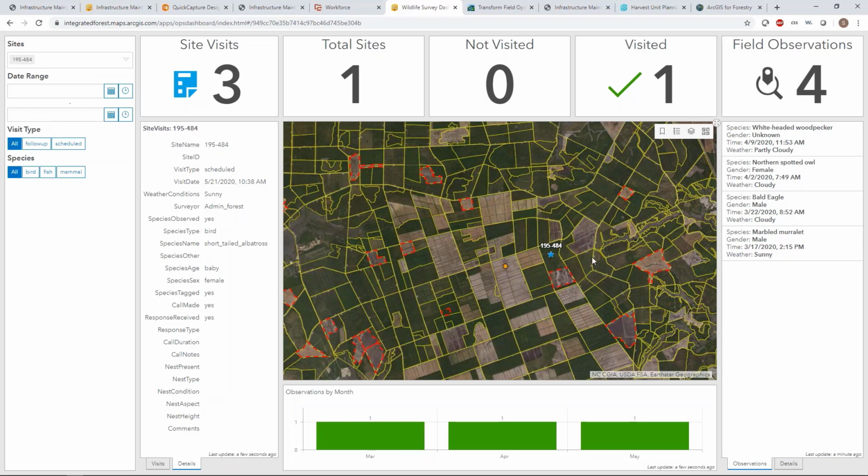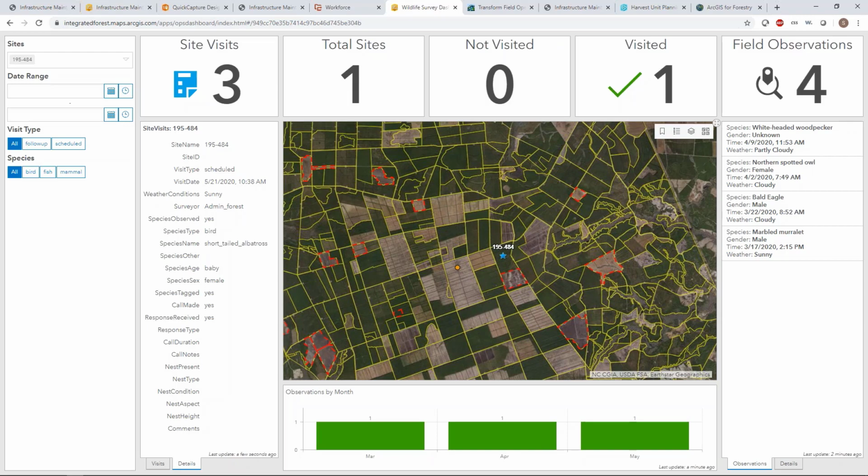What we can also do is layer in or overlay our harvest planning data. So all of these red squares here represent maybe current or active harvest plans, and we can correlate the information that we're capturing in the field to our planned activities. And if something comes up, we notice there's been a new observation or a location has changed that might impact our planned activities, we can evaluate that and make a decision accordingly.